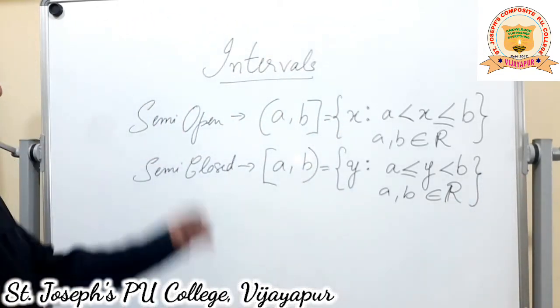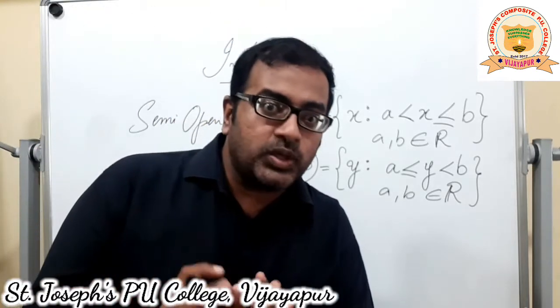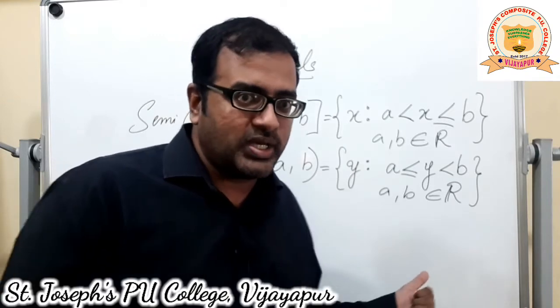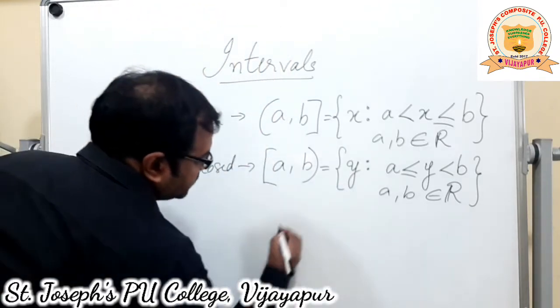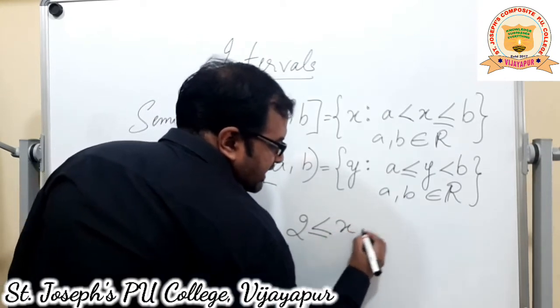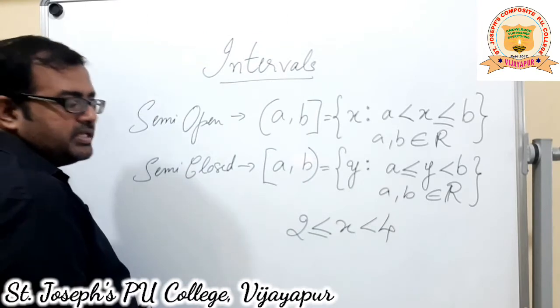In this case, if I compare it with natural numbers and speak, see, I'm only comparing with natural numbers, but it is not defined for natural numbers. This is defined for real numbers, okay? I'm just taking examples of natural numbers. So if it is 2 less than or equal to x less than 4, in that case now, what do you see? 2, is it